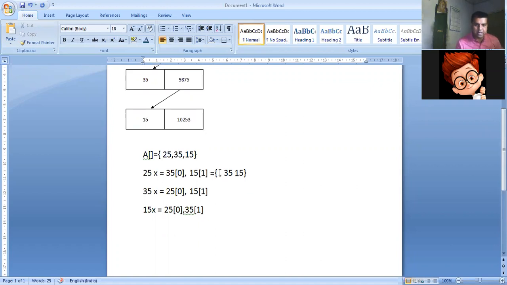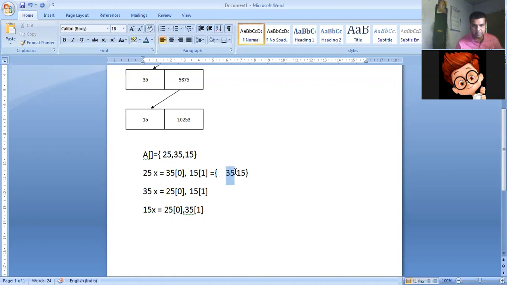If I delete 25, the index of 25 is 0. In the 0 index my value 25 is there, the 0 also gets deleted and my 25 also gets deleted.